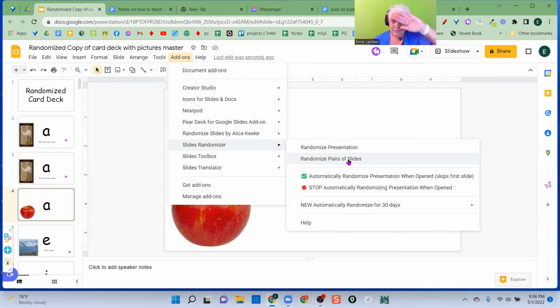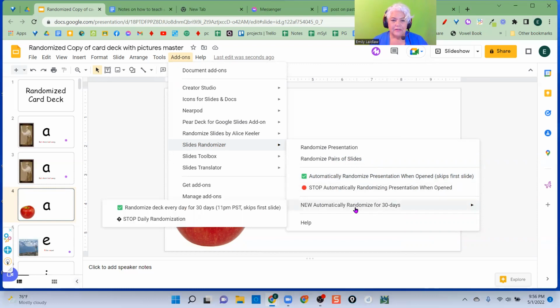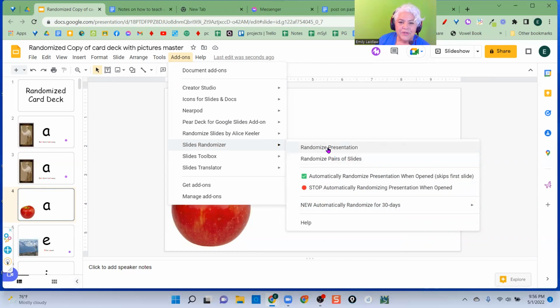So if you would have flashcards, a word and then a definition, you could keep the pairs together. And they have options of automatically randomize every time you open it, and something where you can do it every day for 30 days. And I don't know what happens after 30 days. I've never tried this one. So anyway, if you randomize the presentation,